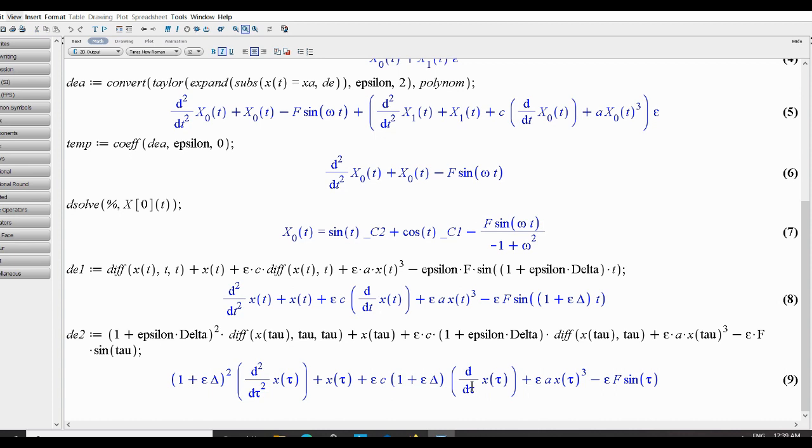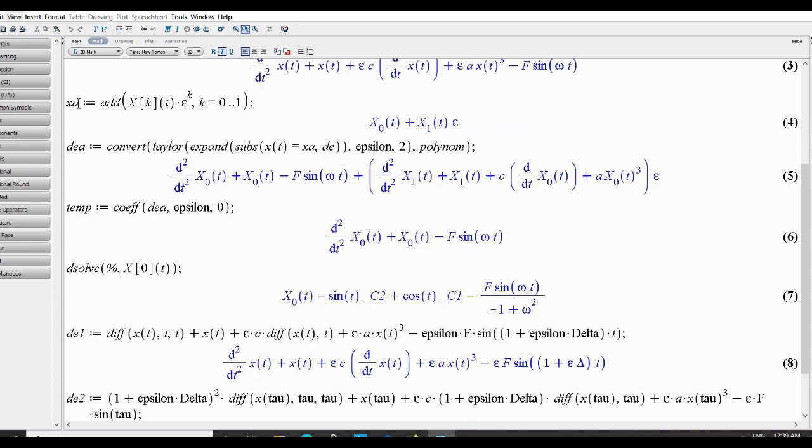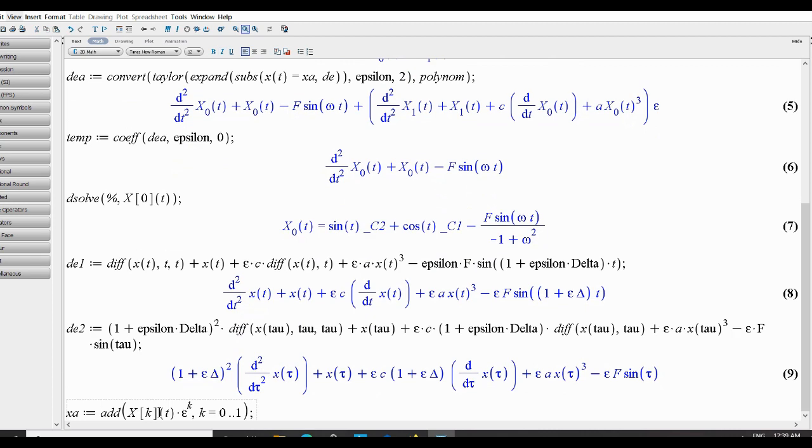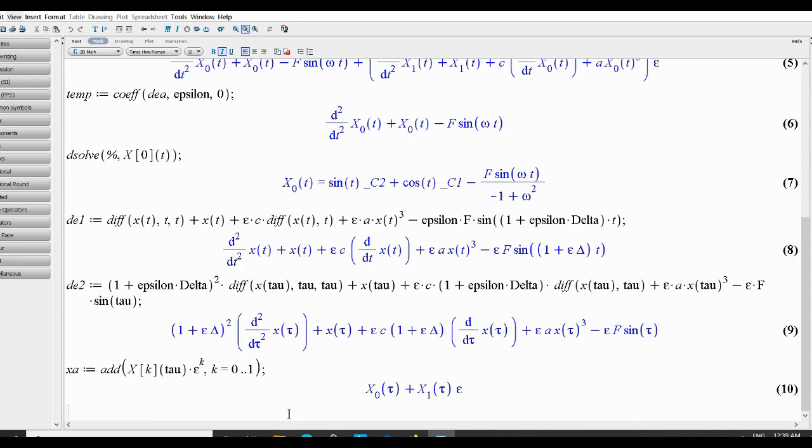Okay, so that's now in the tau time, and in the tau time my periodic solution always has an angular frequency 1. Okay, alright, let's begin here. So once again I will come here, I will say XA, but what I will do is over here I will say tau. Okay, so this is my solution. I can have more terms, but you will realize soon that this is all I need to get a meaningful approximation. So then I will say DE,